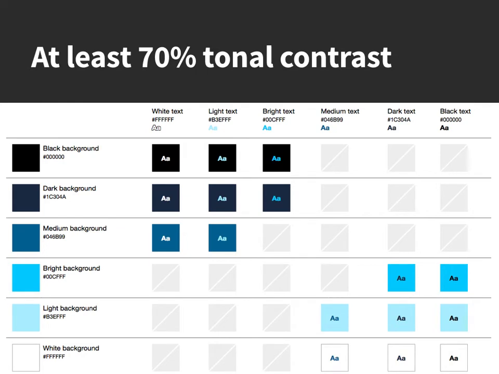It's important in print to try to achieve at least a 70% tonal contrast. So the image that I have on the screen is an accessible color palette builder for creating accessible color combinations. Now, this particular tool is for web development, but it's handy for print design, and the link will be available at